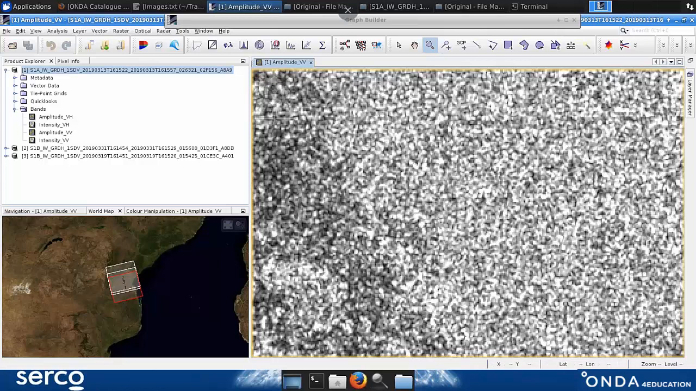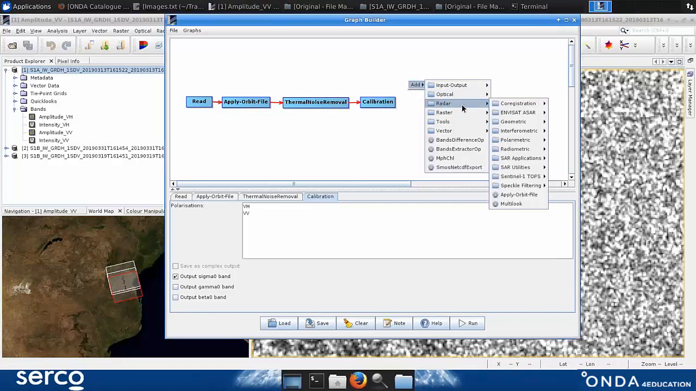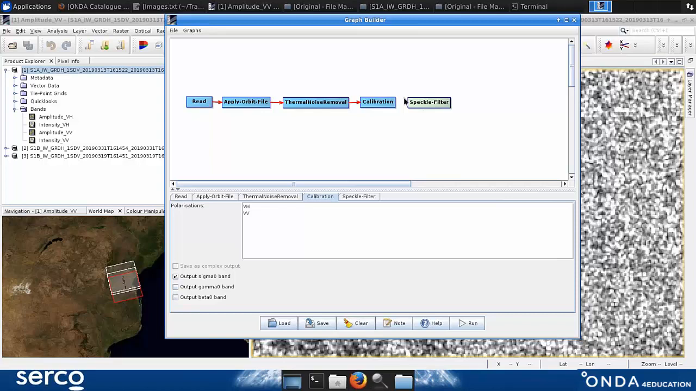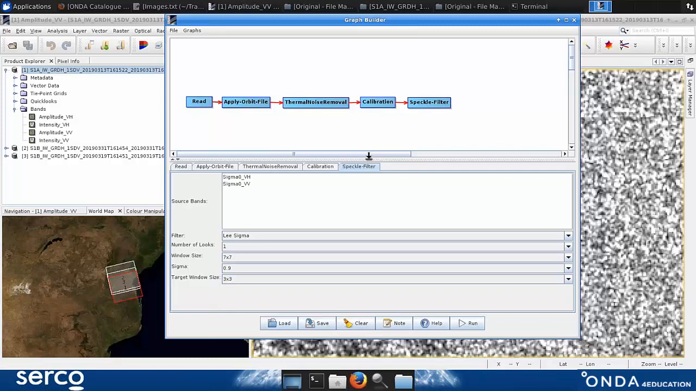So let me go to radar, speckle filtering, and speckle filter. So here's the tool. Again, if we go to the tab of speckle filter, you can see here it's a little bit more complicated. There are many parameters, and those are just different algorithms that can be used to reduce the speckle. So again, there's no need for you to understand